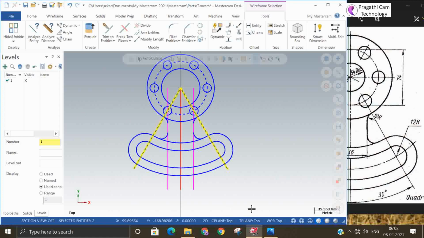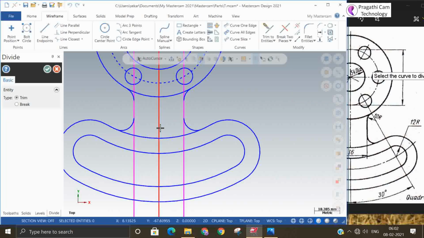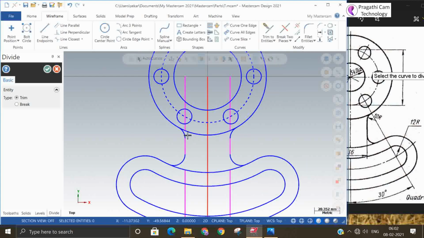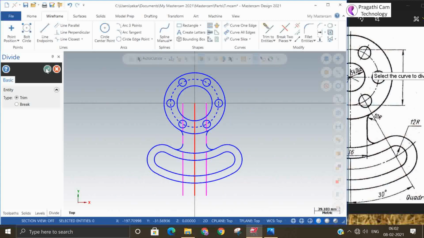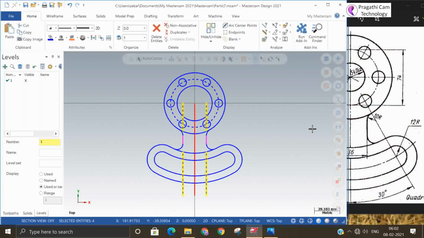Now again you can take the trim option and remove what is not necessary. Other lines you can delete directly, select and delete. Even the center line is not necessary, you can remove it.